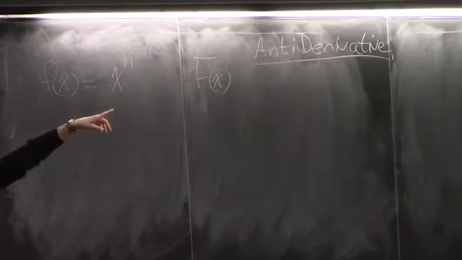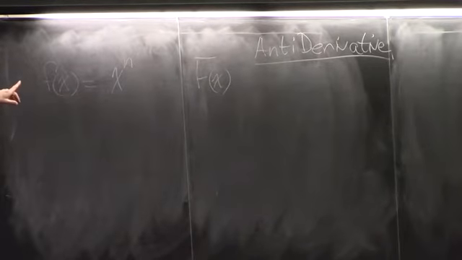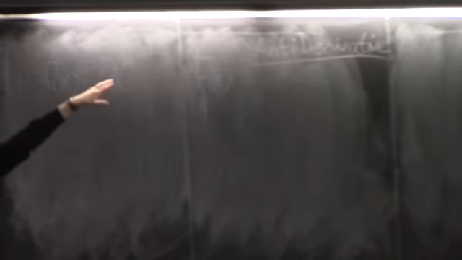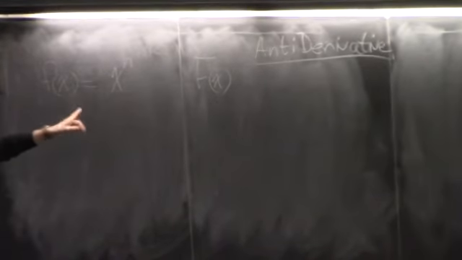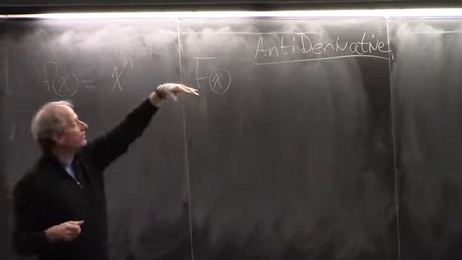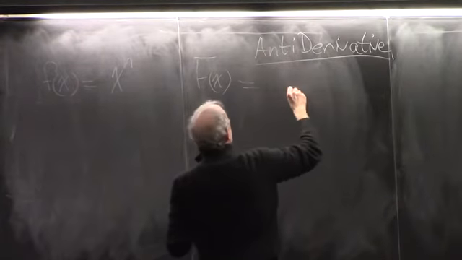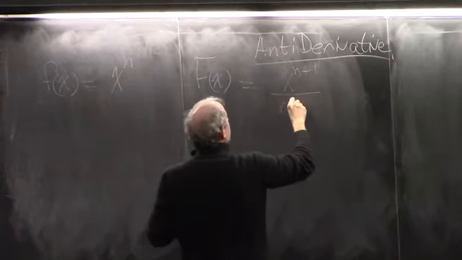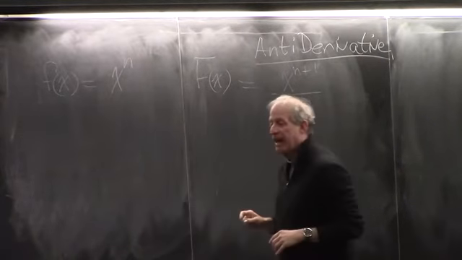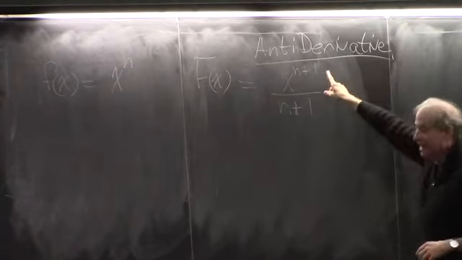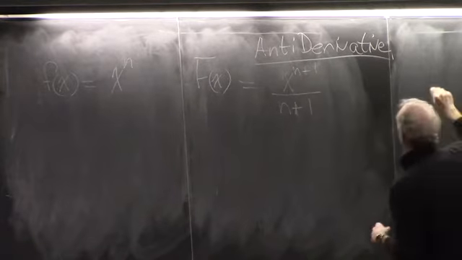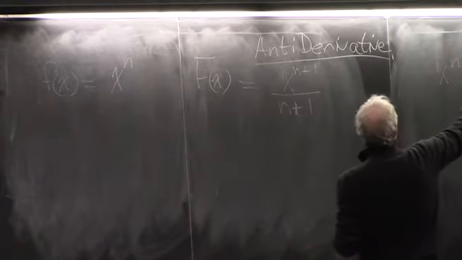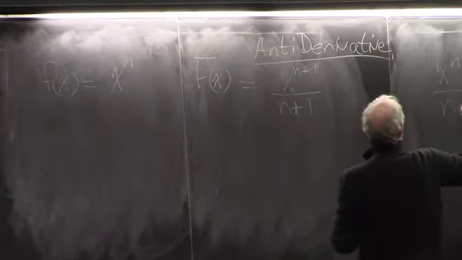Anyway, that says antiderivative. What would the original function have been? Well, remember, for the derivative, you bring the power in front and reduce the power by 1. For the antiderivative, you go the other way. You increase the power by 1 and divide by the power. So if you take the derivative of that, x to the n plus 1 over n plus 1,